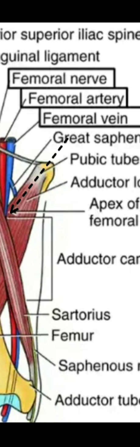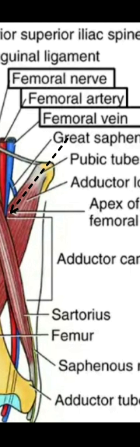Now, the adductor canal, of course, has boundaries, since it is an aponeurotic tunnel in the middle third of the thigh. So you expect it to be surrounded by muscles. And one of the muscles it's surrounded by, so the anterior compartment, the anterior and lateral boundary is formed by